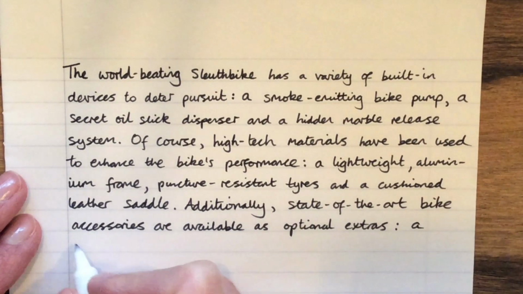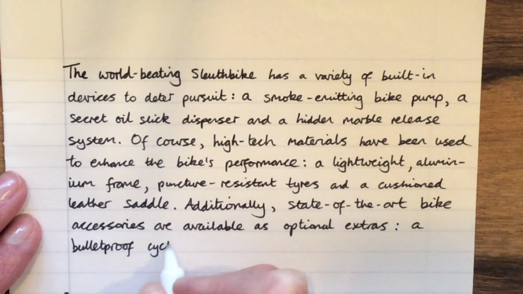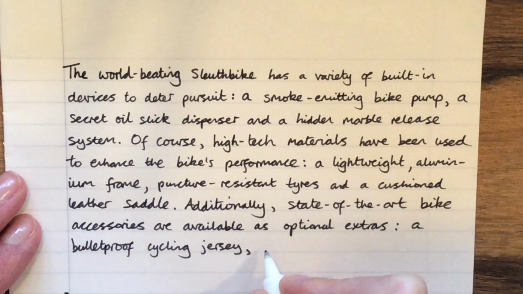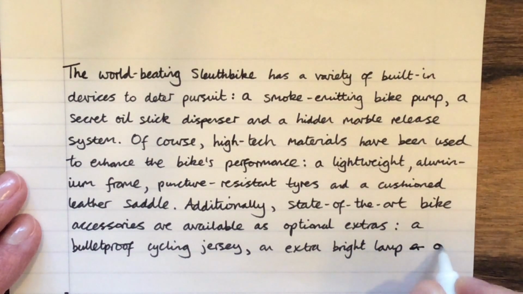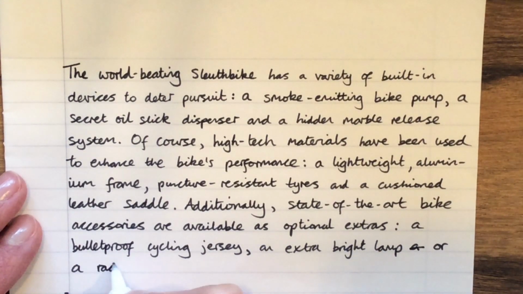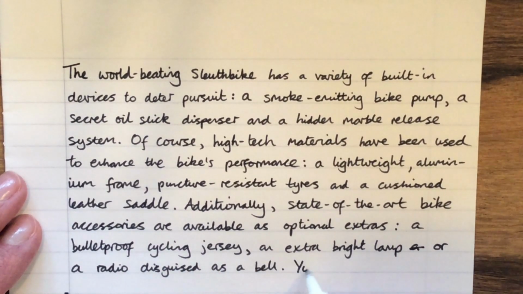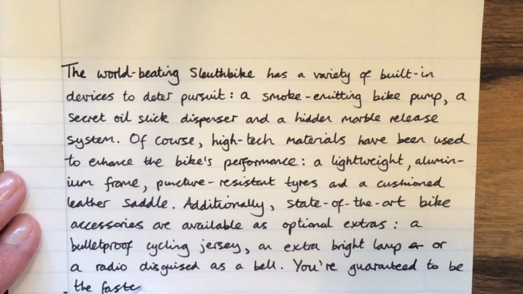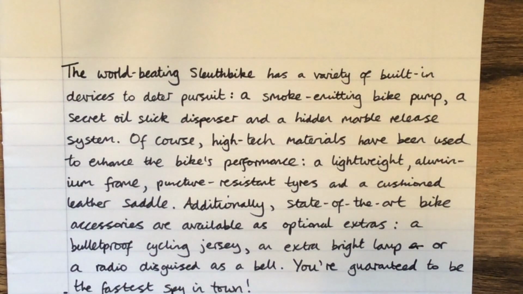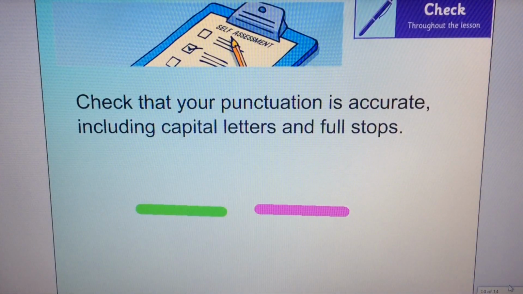I've already written this sentence in my practice, so I can reuse it here. A bulletproof cycling jersey, comma, an extra bright lamp, or a radio disguised as a bell, full stop. I decided to use or here rather than and. That's fine for the last thing in my list if it makes more sense. You're, using an apostrophe for contraction here, for you're guaranteed, using some persuasive language there, to be the fastest spy in town, exclamation mark. Of course, once you've finished your paragraph, you need to go back and check it,